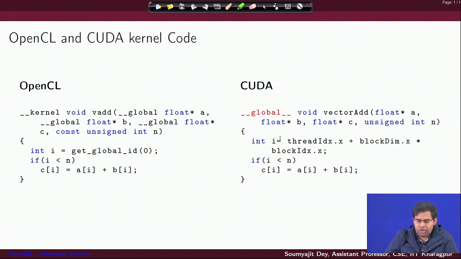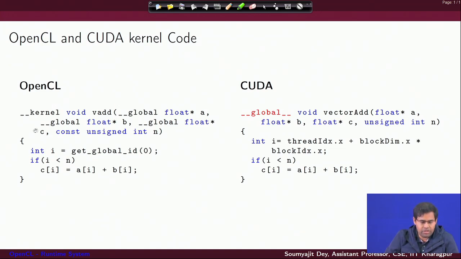Now, coming back to the CUDA code, you see that the first item was to compute a global thread ID. This was our usual computation: i equals threadIdx.x plus blockDim.x multiplied by blockIdx.x. Then, based on the value of i being inside the range, you are computing a normal C statement, which is C[i] equals A[i] plus B[i]. Look here in the OpenCL code: the last two lines are exactly the same, because fundamentally this is a C program with its own definitions of OpenCL types, data structures and runtime primitives.